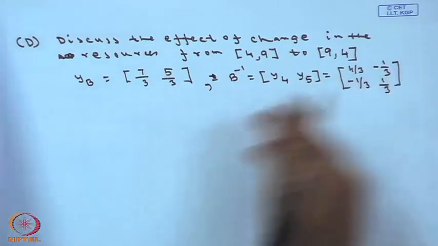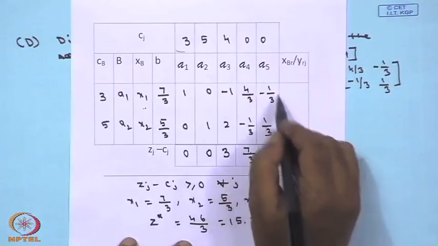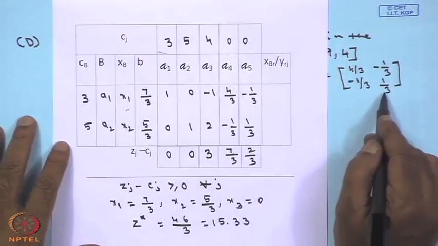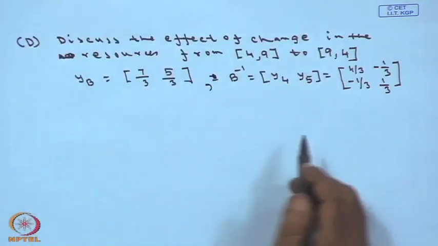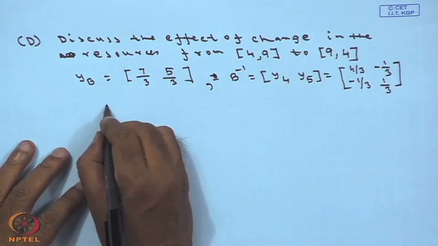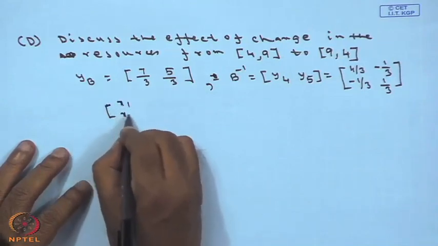I have taken this from here corresponding to x4, x5. So whenever you change 49 to 94, your solution x star will change,